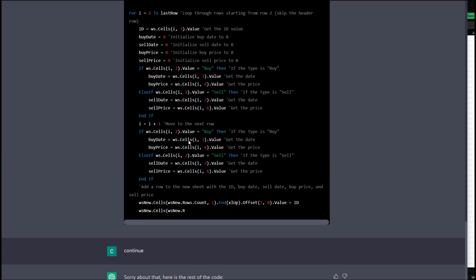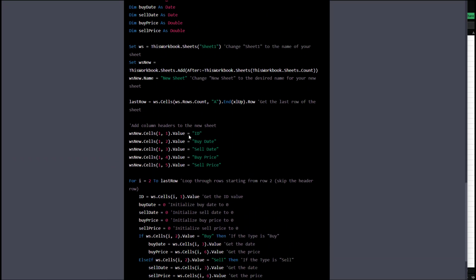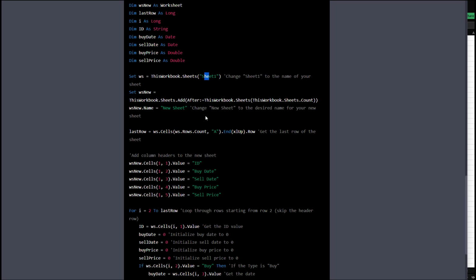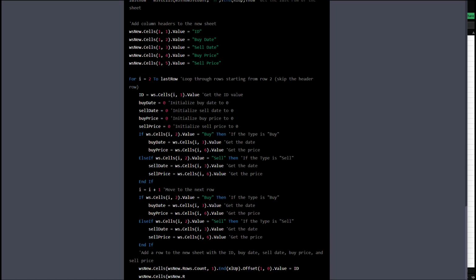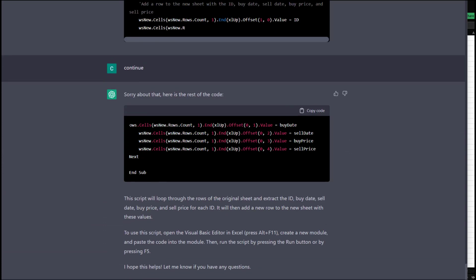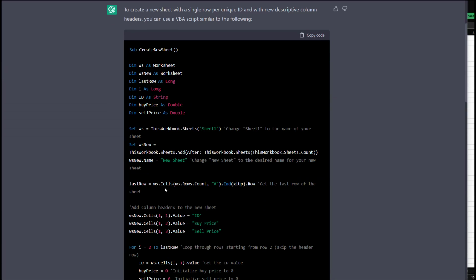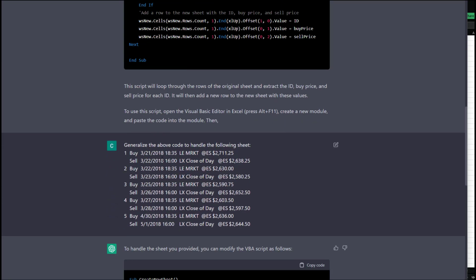So let's see where it did this. This is the one thing: when I put it into the personal workbook, I have to change this workbook to active workbook. That was the only change I had to make, and maybe the actual sheet names, right? So that was how I did it. I gave it a simple case, and then I said generalize, which is pretty impressive if you think about it,